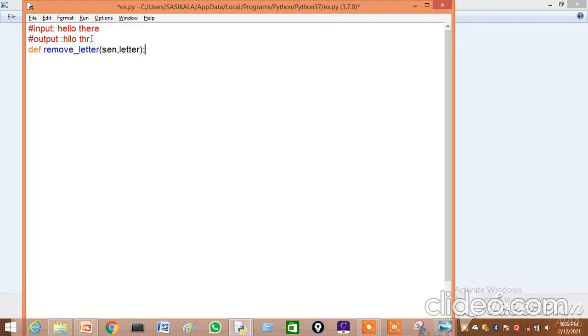Okay. So next, I am going to use the split method. It is given in the question itself, split method. By using the split method, I am going to break the sentence. So send1 is equal to send dot split. Here I specify by means of which letter I am going to split the sentence. For example, if I want to remove E in that particular sentence, the letter E will be passed here.